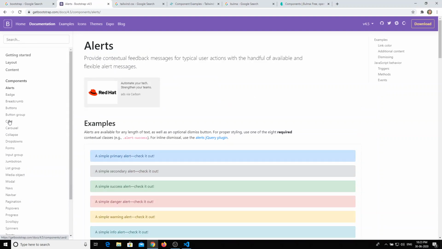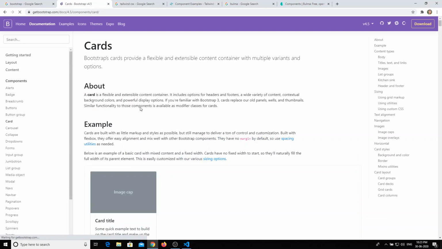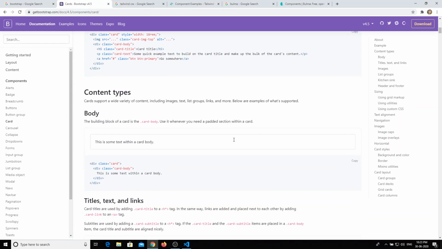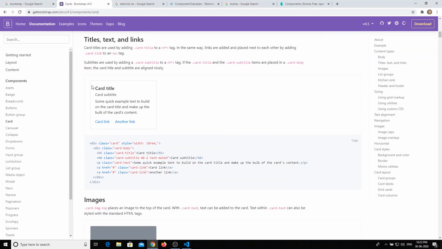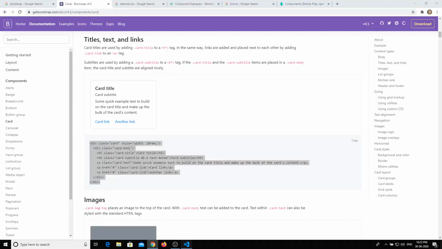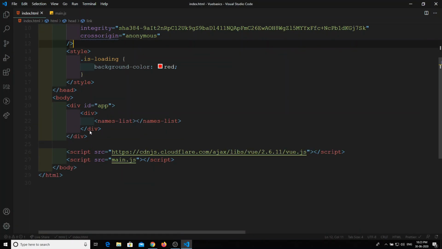For example, assume a card. I will try to add the card into our project. Let's take the simple card. What is the markup we have for this card? This is the markup, so let's copy it, go down, and paste it here.